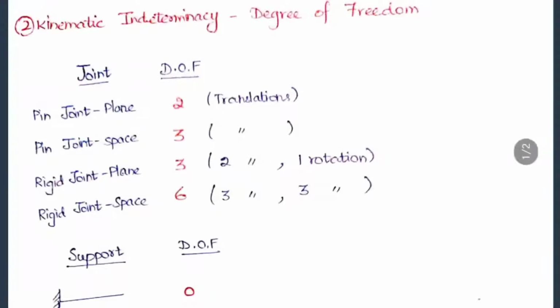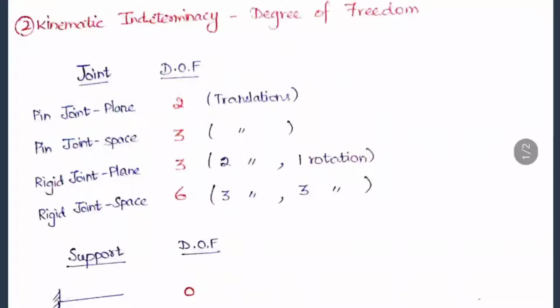So in this lecture we are going to see about kinematic indeterminacy, which is also called degree of freedom. In the previous lecture we saw static indeterminacy, so this will be somewhat similar, but very clear while attempting the questions. They'll be giving find the static indeterminacy, kinematic indeterminacy, like that. So based on that you can clearly write the answer.